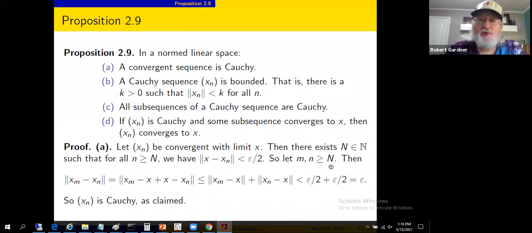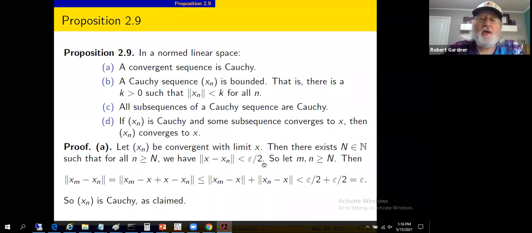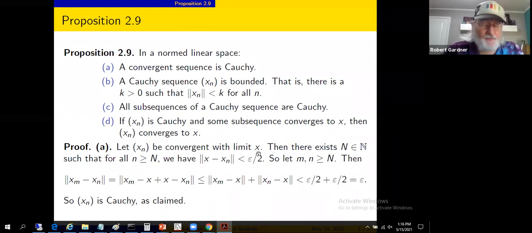That's the definition of Cauchy. So convergent sequences are Cauchy. No surprise there. The converse of that becomes a more complicated story, a more complicated story in senior level real analysis. And here it's related to the definition of completeness.